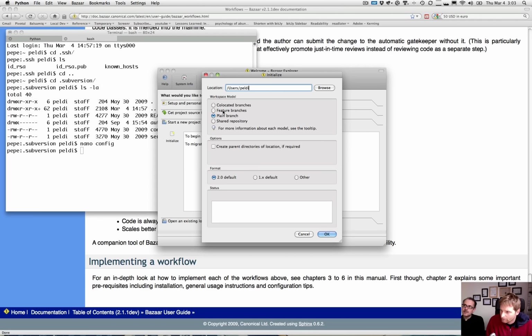Okay. So location here. If I want to check in this existing code for the first time, do I just choose this? You can try. Let's see what that does. Okay, it created a branch, apparently. Okay, so now what it did was it opened the branch,